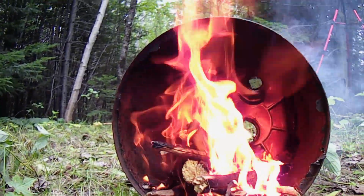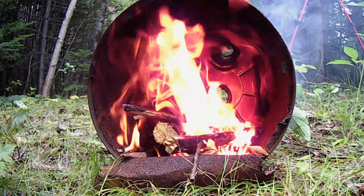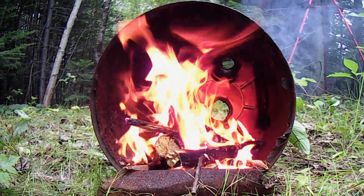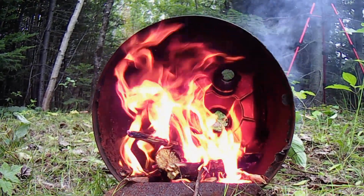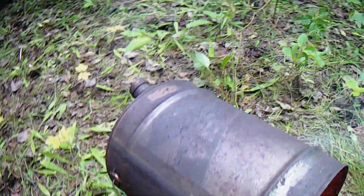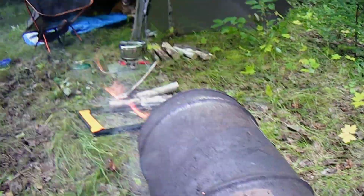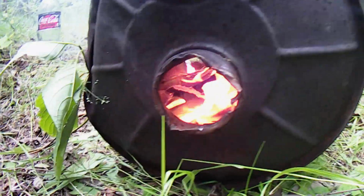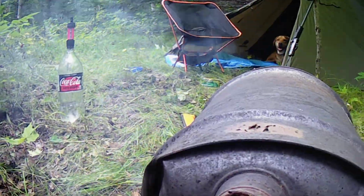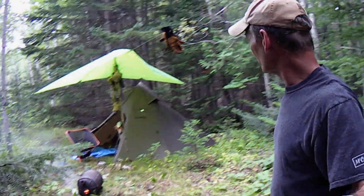Well, I think that answers the question. I mean, for something that was already here on the ground. And you can see it's burnt off the ink, or paint, whatever it was. And I don't think this old can will do too many fires, but you know what? It'll probably do one or two. So yeah, we're going to gather a little bit of wood,